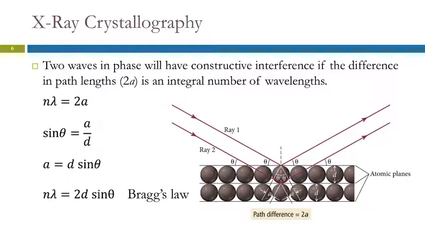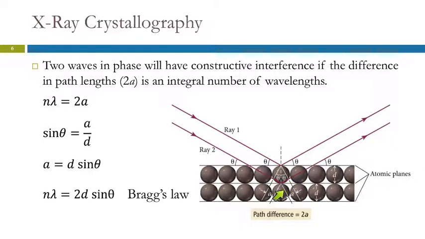So here's zooming in further. Here we have atomic planes. So here's a layer of atoms and another layer of atoms. And the X-rays are coming in, and here's one X-ray, and this comes in, and it hits this atom and bounces off. It's reflected. This X-ray comes in and hits this one below and is reflected. So if these are coming in the same phase, then whether or not they leave in the same phase or out of phase depends on this spacing,